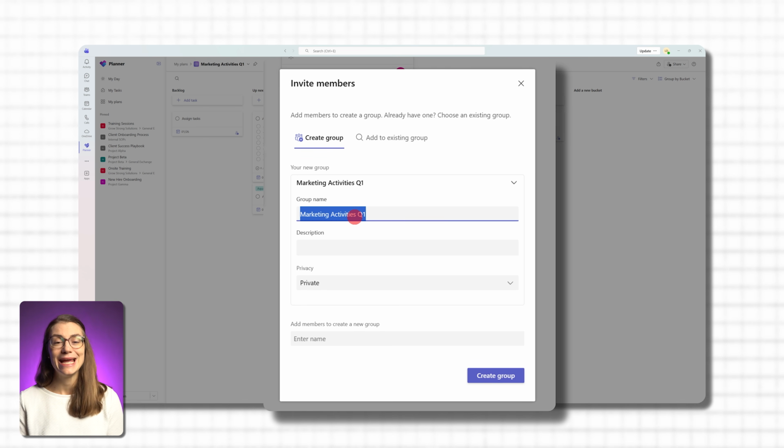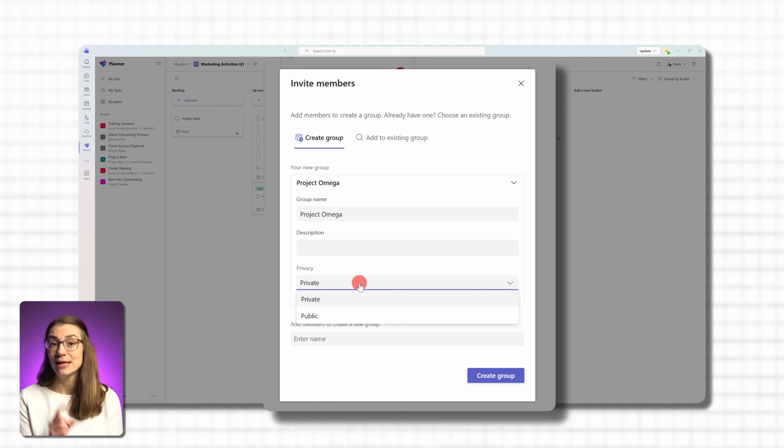You'll also notice that the plan's icon changes from the standard purple icon to a colored one with the group initials. In the plan details, you'll see a note confirming that the members of the plan are now part of the group. And from this point on, any files, chats, or shared content related to this group will be accessible to all members. If you need to, you can continue adding more members using the